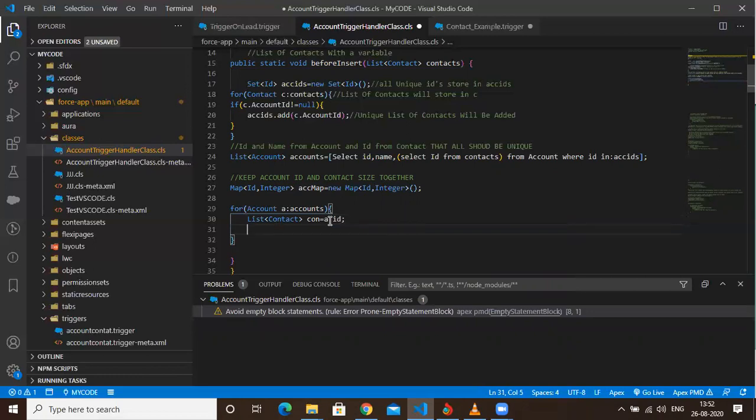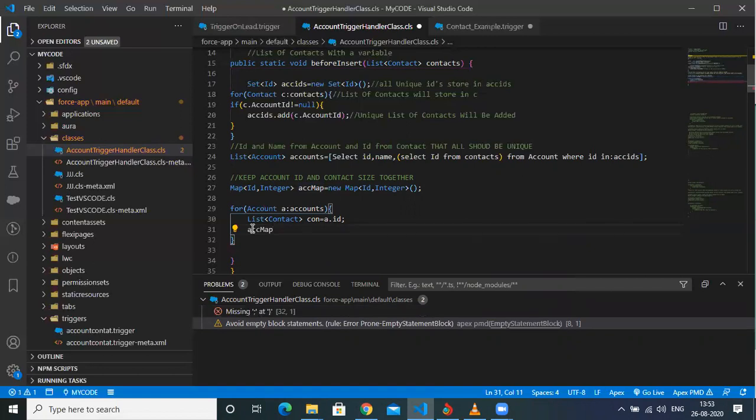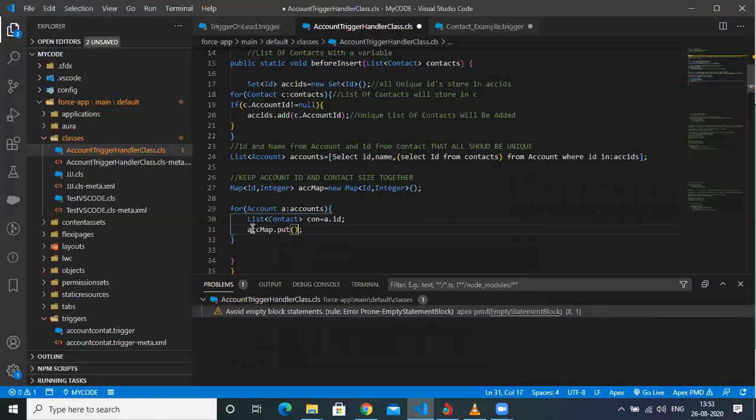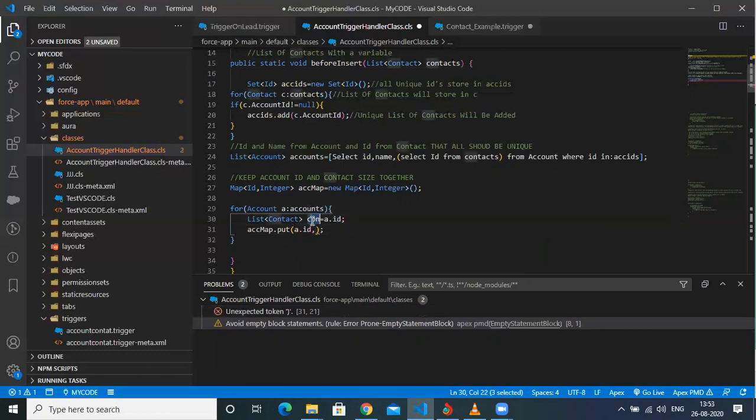Now next we need to keep in this format, right? I need something to keep account ID and contact size together, right? So for that I use a map. So basically I use this account map. Now most of you, if you don't know, in map we use get and put methods. Here I want to keep, so I need to put. So dot put method, I will keep this account.id, comma, my contact is,